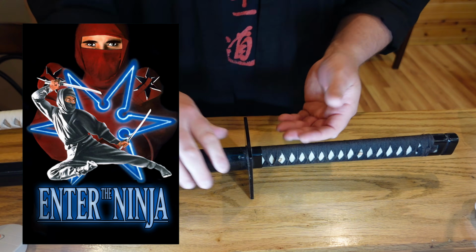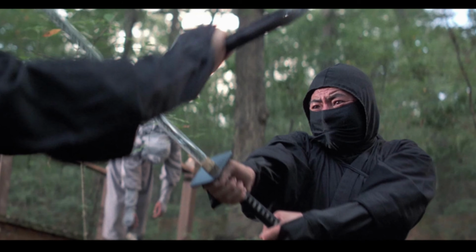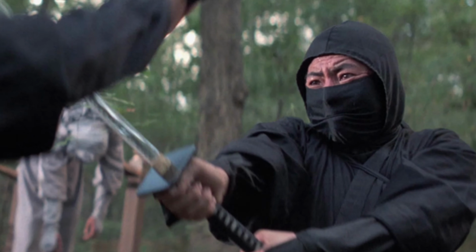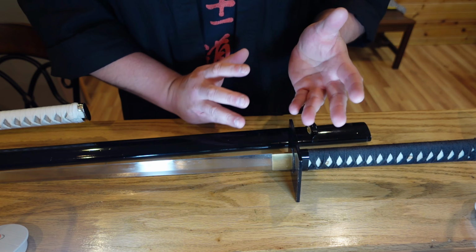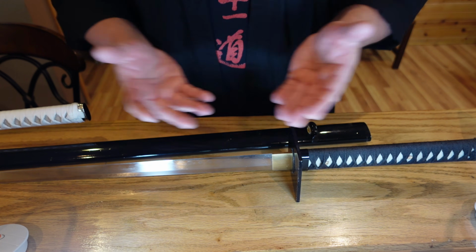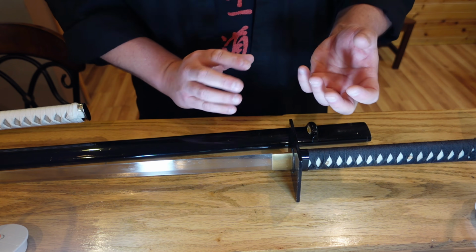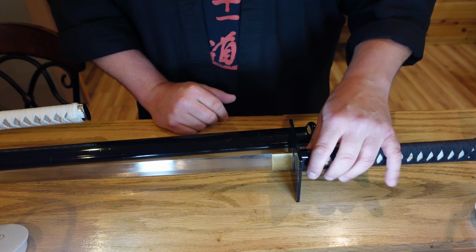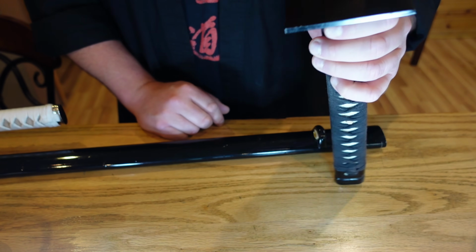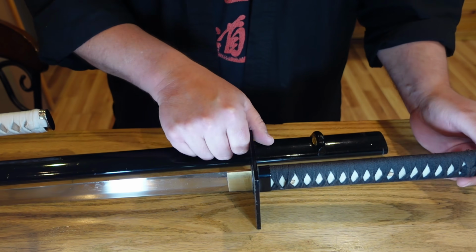This was called the Shokosugi sword, and this is also made by Liu Swords out of China, and I absolutely adore this sword. Now, these are called ninja-to. They didn't really exist in history because it would have looked weird with you walking around like this. There were, of course, straight swords, but the ninja would have used a samurai sword probably. I love these. These are probably designed by someone in the 20th century, and they really are some of my